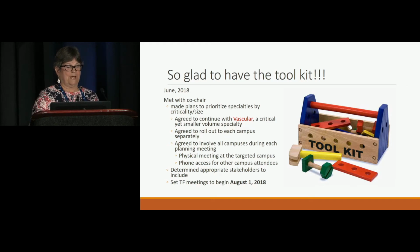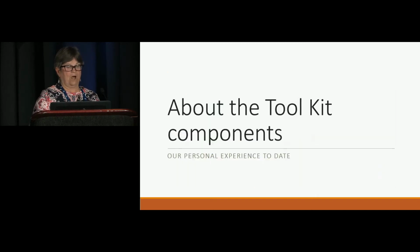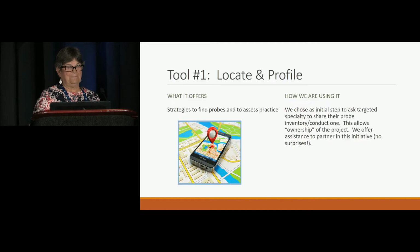So we determined the appropriate stakeholders that we needed to include for our vascular team, and we started our meetings August the 1st. So now we're going to move into some of the components. Tool number 1, locate and profile. So what it actually does, and